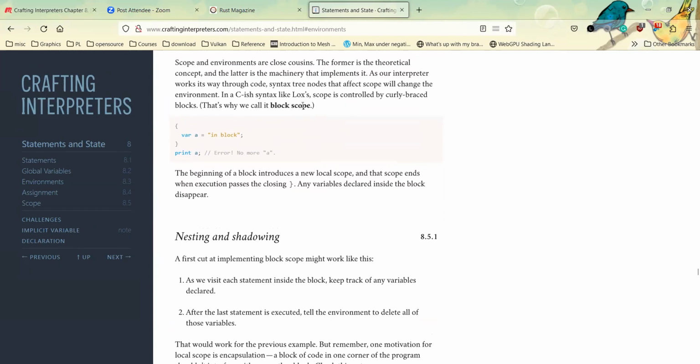And it's mentioned a little bit that Lox has C-like syntax, and scope is controlled by the curly braces. So that's why we call it block scope.